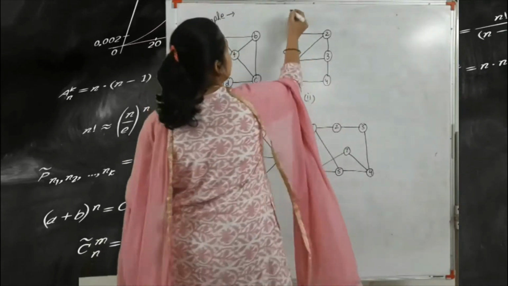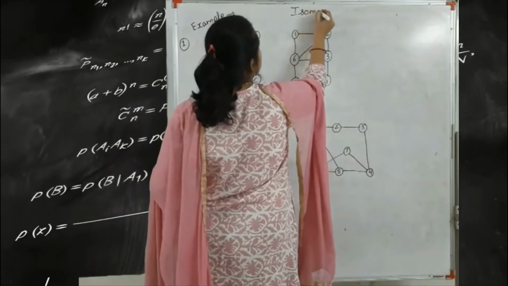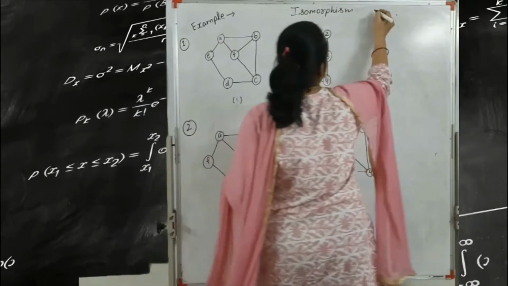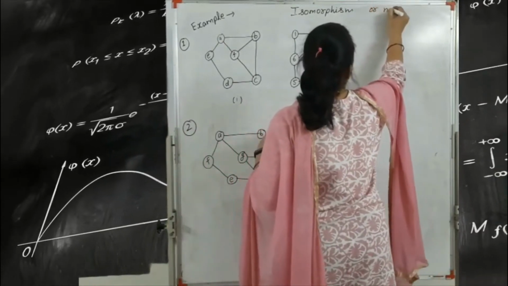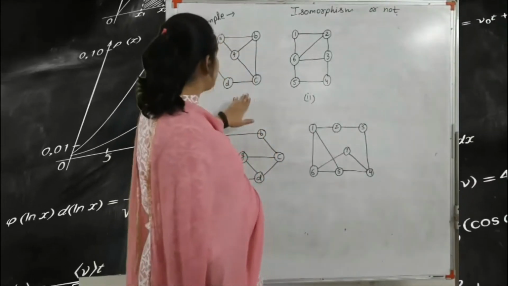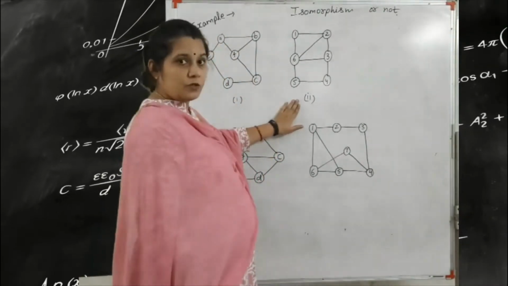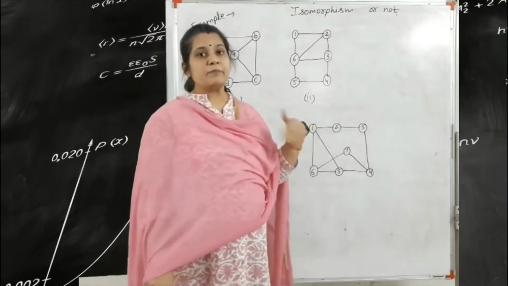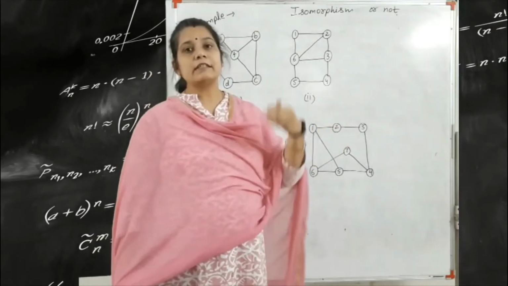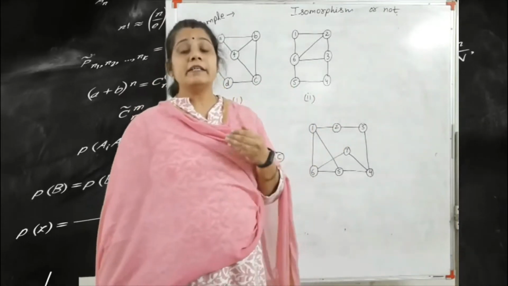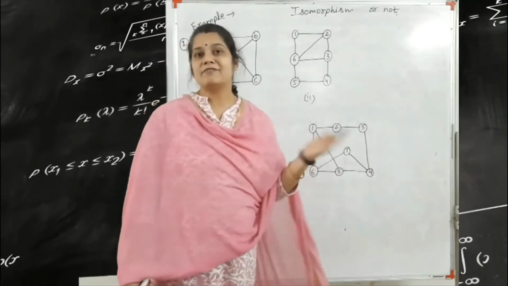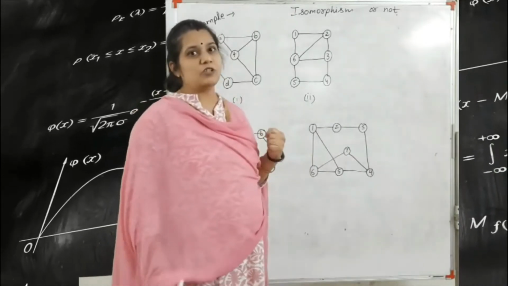So we find whether the given graph is isomorphic or not. Okay, so here in the first example, we are given two graphs, first and second. Okay, so first we check them one by one. Our condition is, if our conditions are satisfied one by one, then we can say that the given graph is isomorphic. And if even one condition is not satisfied, then we can say that the given graph is not isomorphic. So let's start the solution.